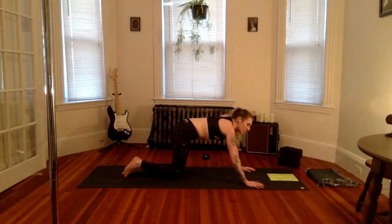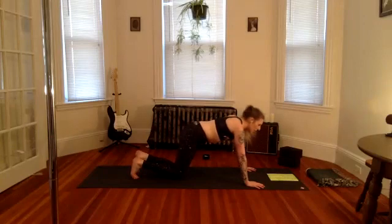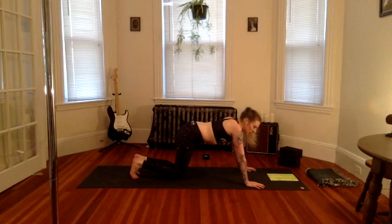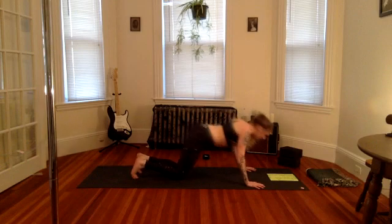Let's take the hands a little bit wider so your pinkies touch the edge of your mat. You can tuck your toes behind you, and we're doing 10 push-ups modified. Unless you're really into normal push-ups, then be my guest. But personally, I absolutely suck at doing push-ups, and this gives me enough of a workout. So let's go ahead. 10,